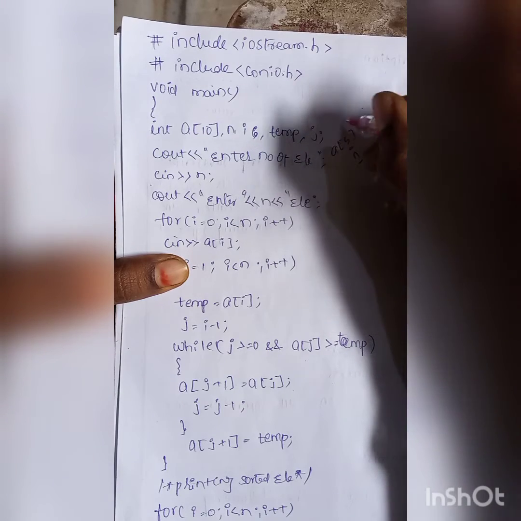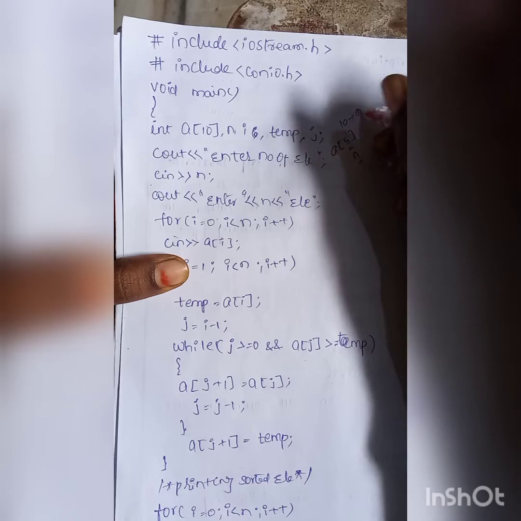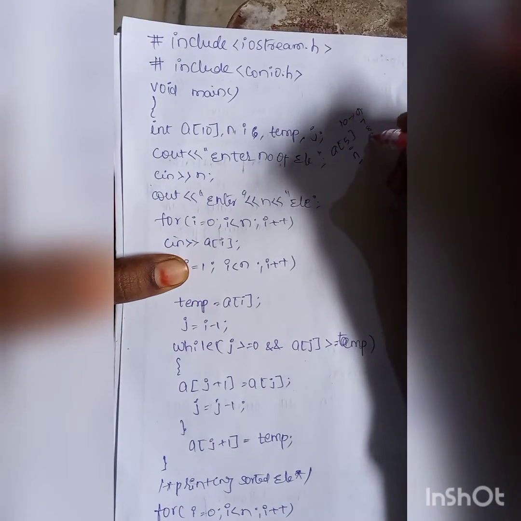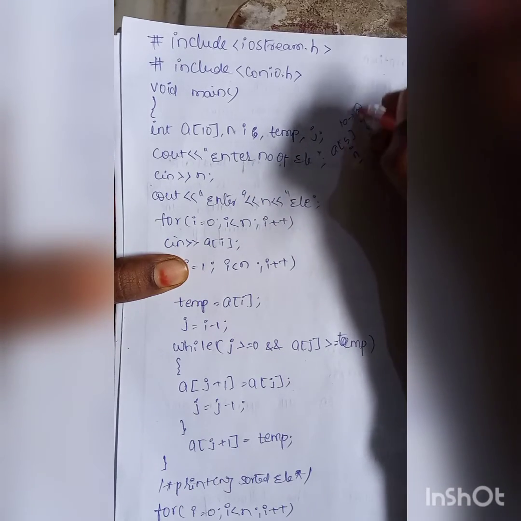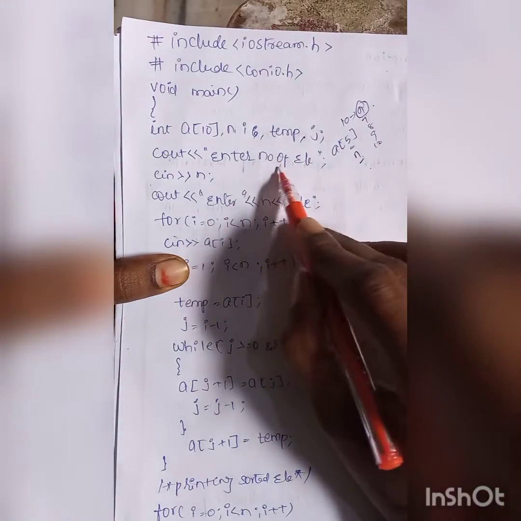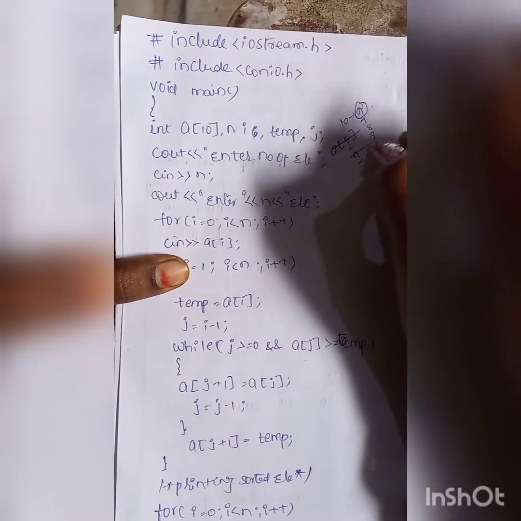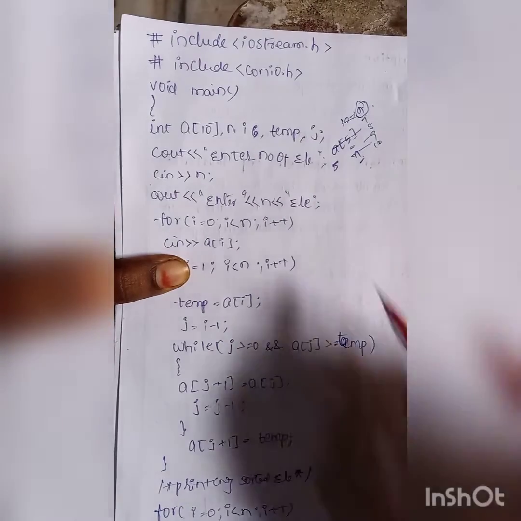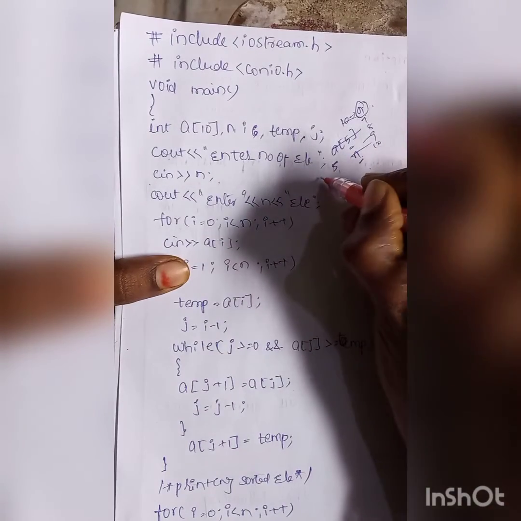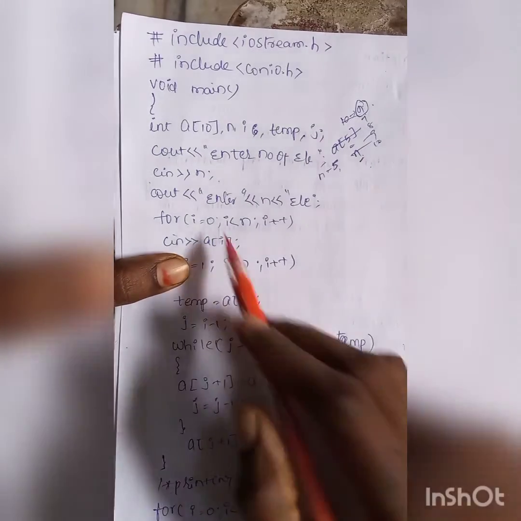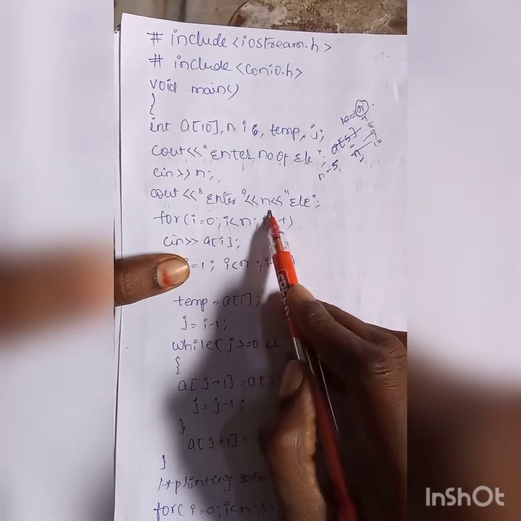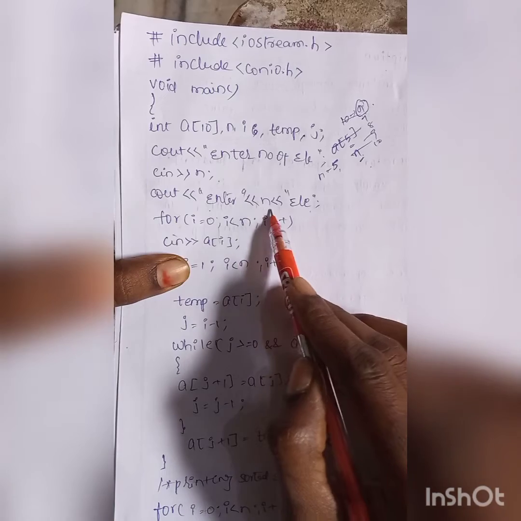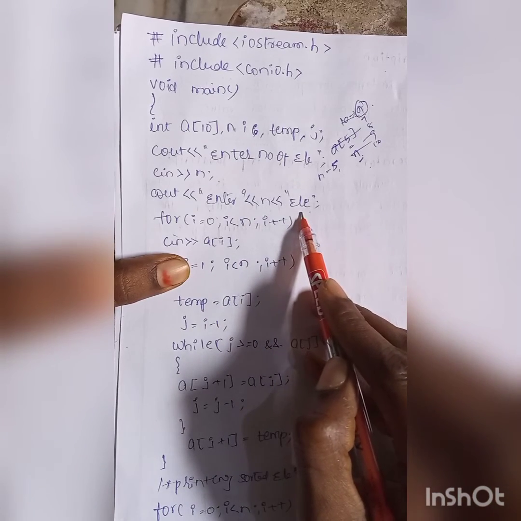In the last program I simply declared int a of i and took this number as n. So out of 10 elements, however many elements you want to take, that is n: 7, 8, 9, 10. Enter number of elements. So I'm entering the number of elements as 5. Now what is your n? Your n is 5. Enter 5 elements. So the message will be displayed.